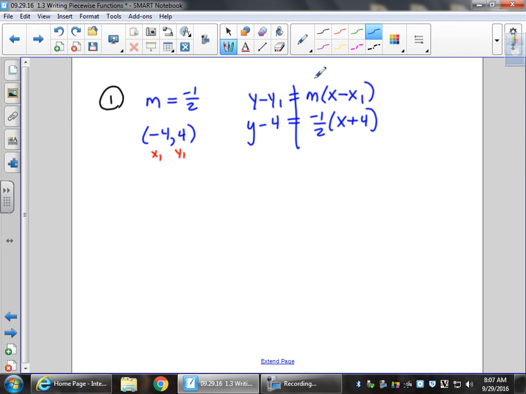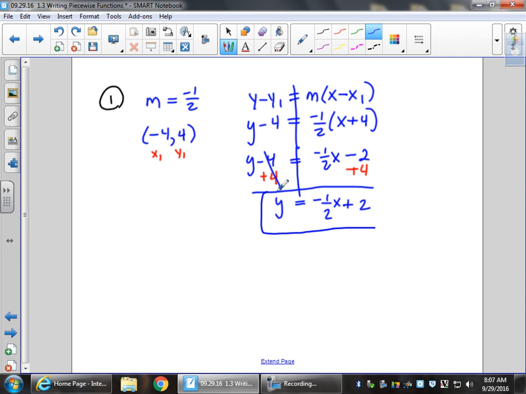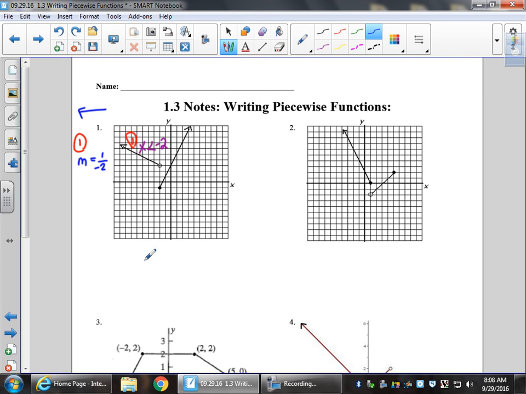Good question. Let's finish solving this for y. So I'm going to have y minus 4 equals, distribute negative 1/2. What do we get? Good. And then to finish solving, we're going to add 4 to both sides, and we get y equals negative 1/2 x plus 2. So now we have one of our pieces. Let's put that together. So f of x equals